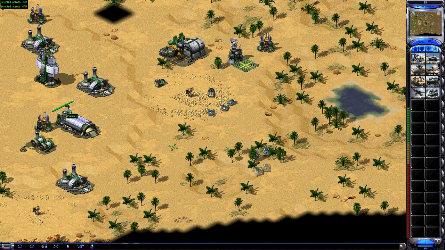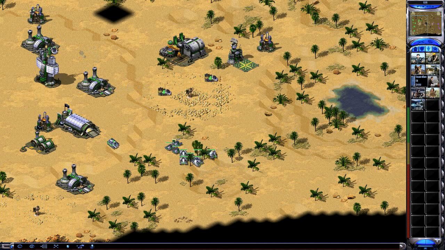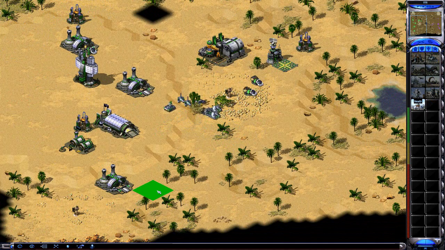So now I gotta decide when I want to make an attack. You gotta think that I need some prism tanks to make an attack or a battle fortress, because I gotta bust his bunkers. Because it's gonna be hard to